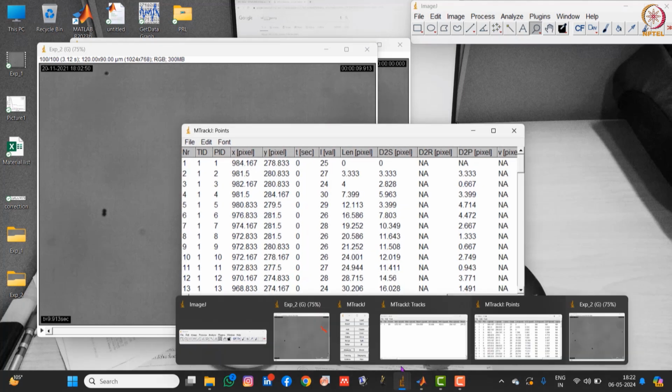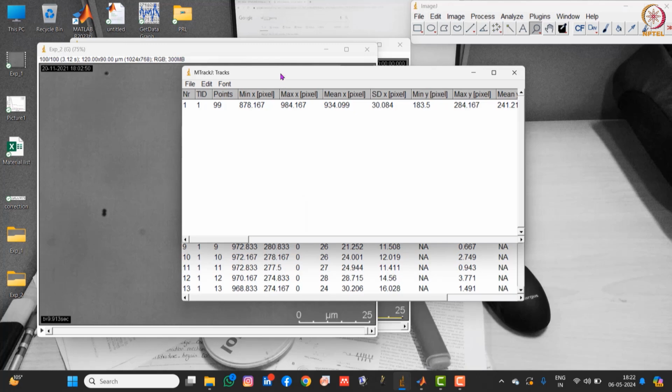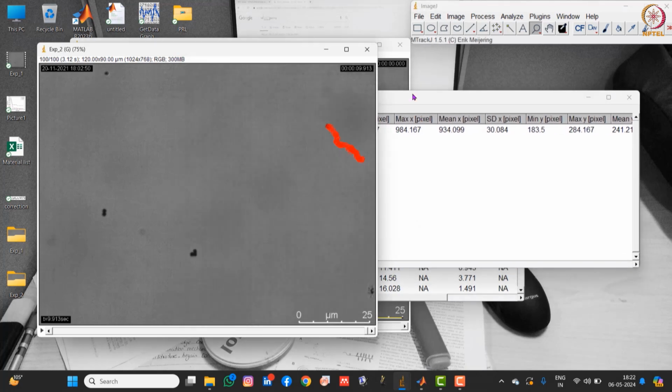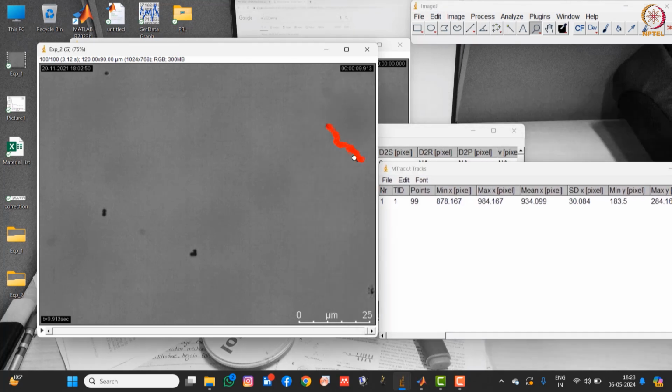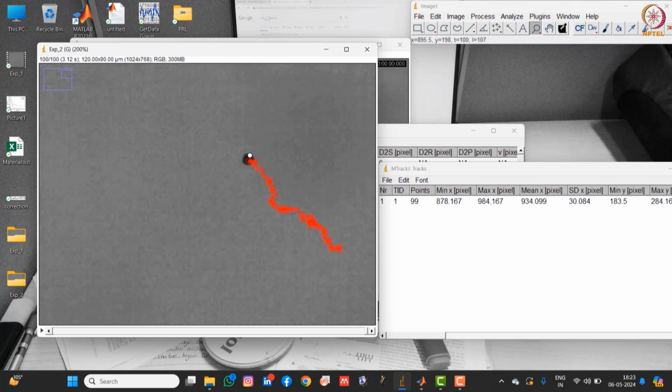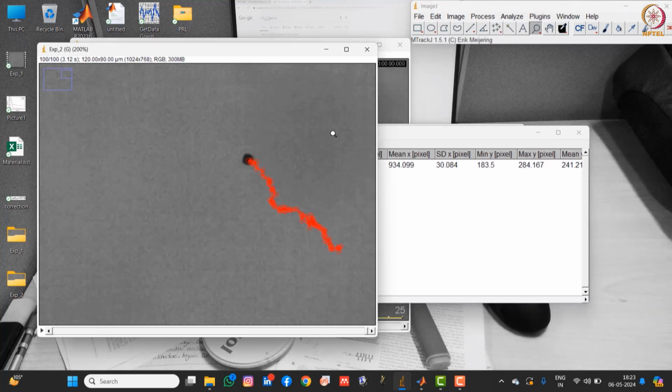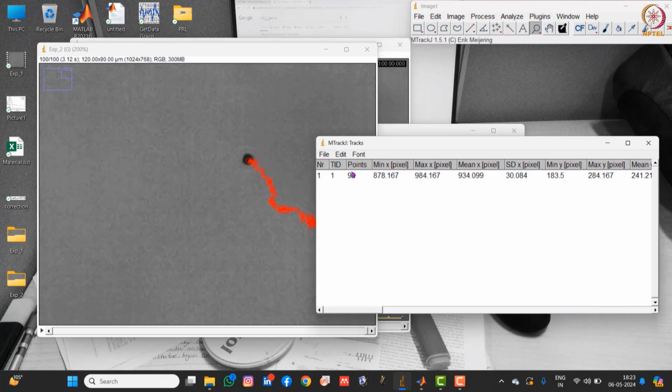So this is the data that we got from the tracking. What you can see here is the tracking ID, TID. The ID at the time we were clicking was 1. Tracking ID 1 means this is following a single path in our overall image, right? And it shows a total of 99 points we have calculated. Of the 100 points we are showing 99, because the first is not considerable. Then the minimum X pixel, the maximum, and standard deviation.